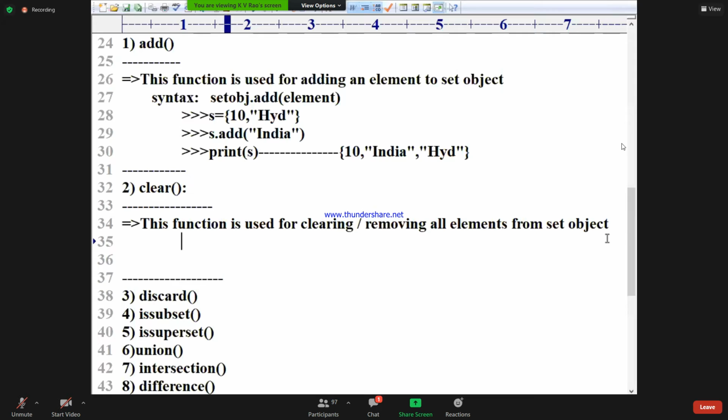And dear students, please don't think that the set object is removed. All the elements are removed.